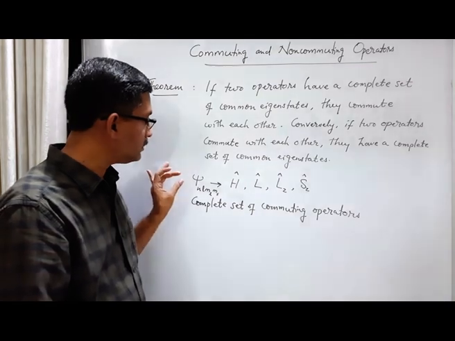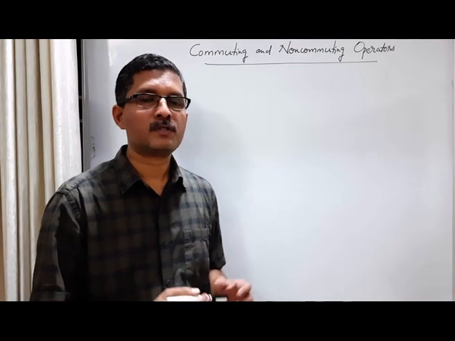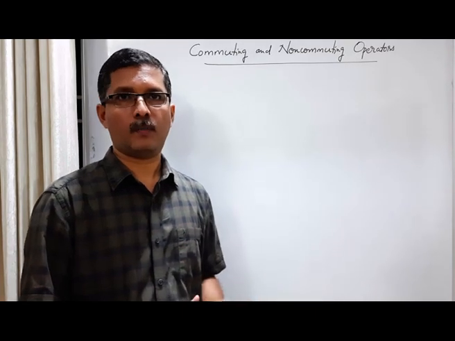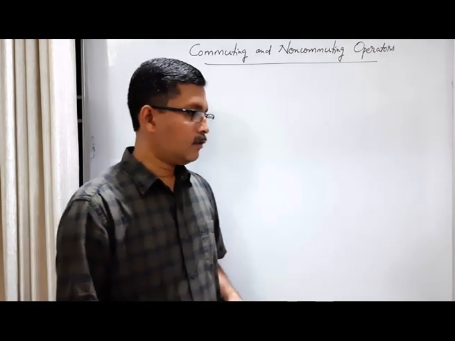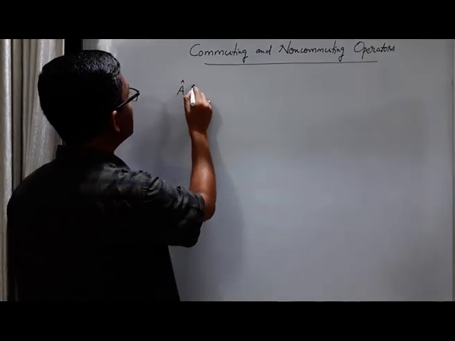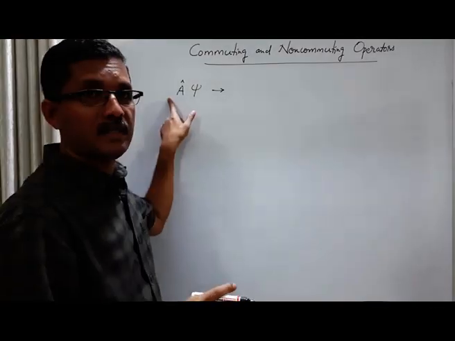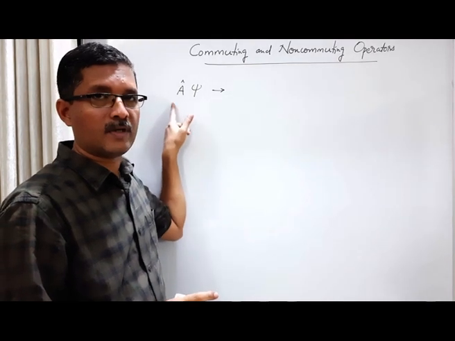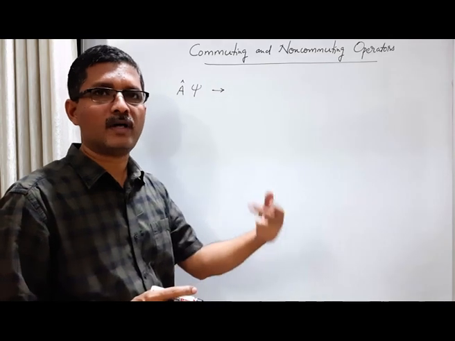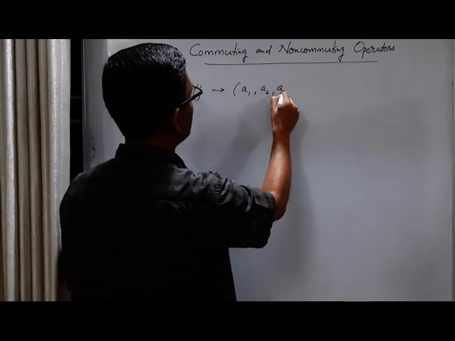So this is the idea about complete set of commuting operators. The second possibility is that psi is not an eigenstate of either operator A or operator B. Now what happens when we measure A in the state psi? Psi is not an eigenstate of A, so it's a general state for operator A. So physically each trial of measurement gives one of the eigenvalues of A. So we get essentially something like A1, A2, A3, etc.